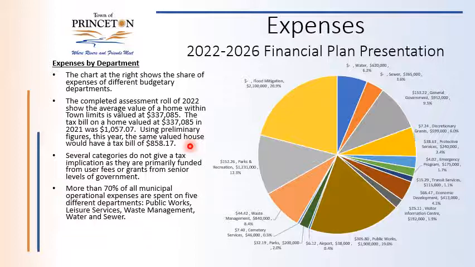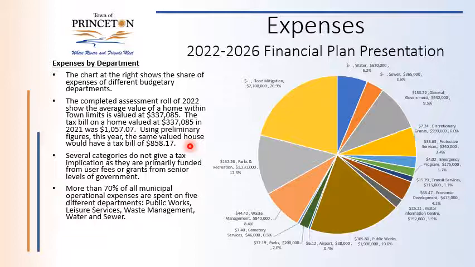If you increase the total value of something, the ratio between your house and everybody's house has decreased if the value stays the same. So that's why the bill falls significantly. The average increase in property in Princeton this year is approximately 36%. So it's a significant decrease over what it was last year.